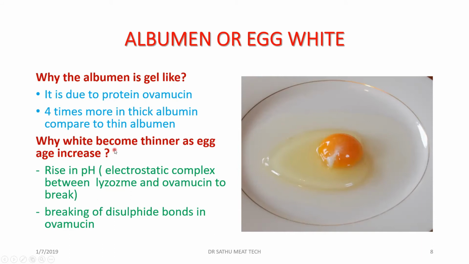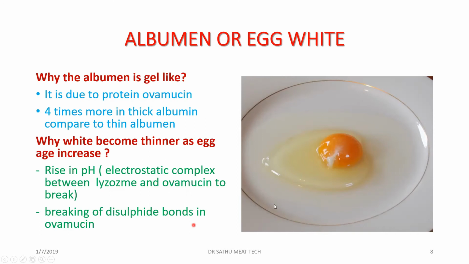Why does the white become thinner as the egg ages? As I told in the last slide, as the carbon dioxide is lost, the pH will start increasing. Once the pH starts increasing, the ovomucin-lysozyme complex will break. With the rise in pH, the electrostatic complex between the lysozyme and ovomucin starts breaking at a higher pH. When it goes towards the alkaline pH, the ovomucin-lysozyme complex will start breaking, and the disulfide bonds in the ovomucin